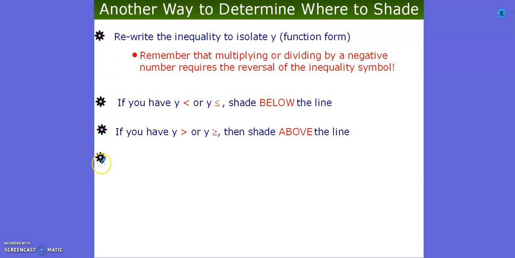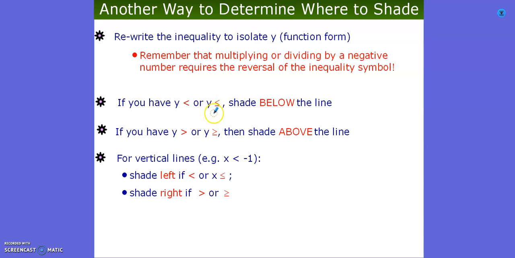Remember that if you have less than or equal to, you're shading below the line. If you have y is greater than or greater than or equal to, you're shading above. For vertical lines, if x is less than -1, you shade to the left using less than